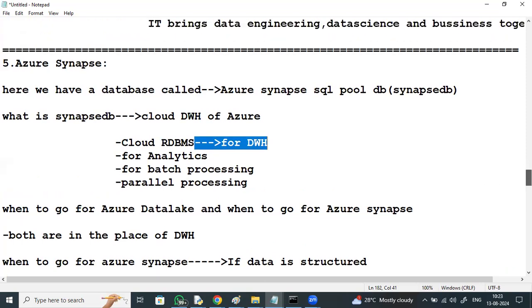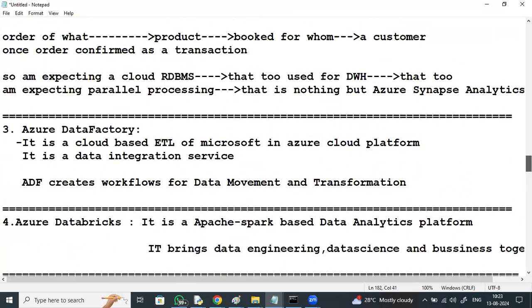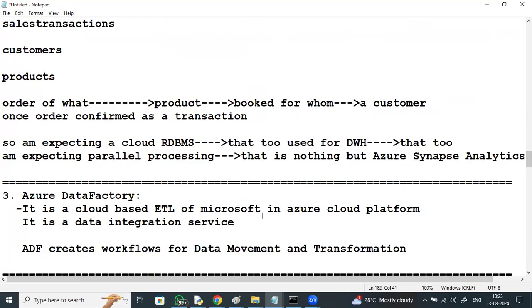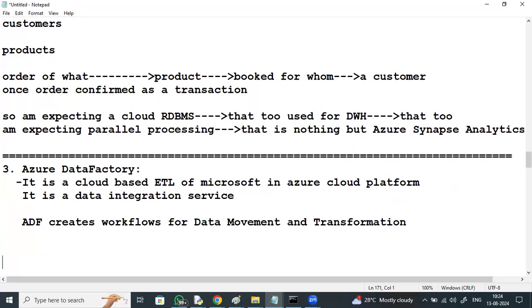Next, ADF. It is the cloud-based ETL of Microsoft in the Azure cloud platform. It is a data integration service. ADF creates workflows for data movement and transformation. So here,